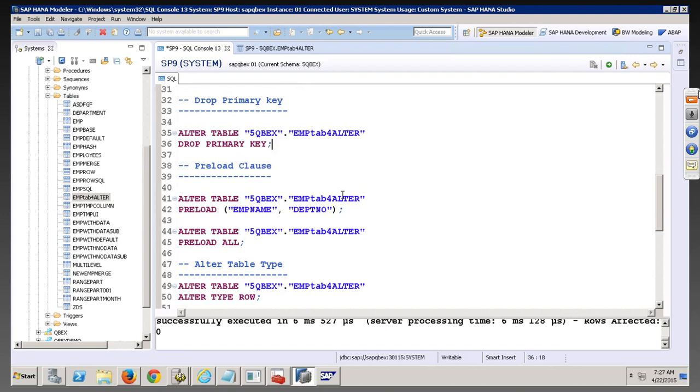So now look at this alter table. I would like to preload the table. What do you mean by preload? In the sense we are setting up the preload flag. When you switch on the server, when you restart your server, all the system tables are loaded into main memory by default. All the row store tables. But column store tables are not loaded into main memory. And when you run the query, let's say when you run some reporting, it does not find anything in the main memory. It reads the data from the disk for the first time,